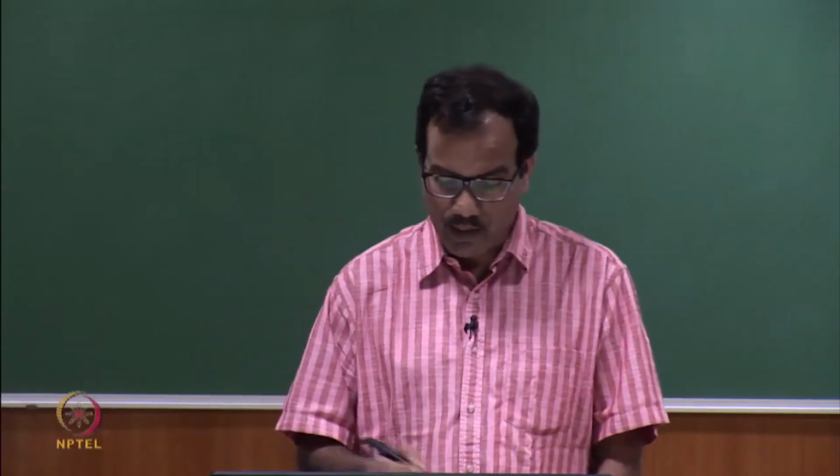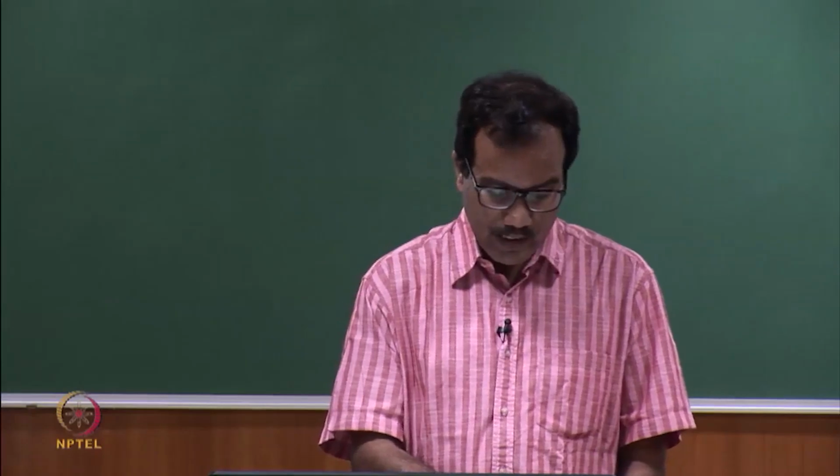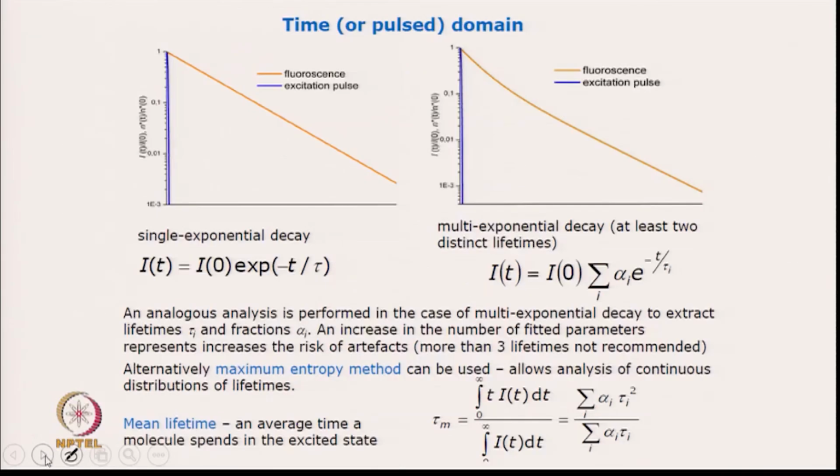Now you have this curve and you can just fit it and see what the lifetime is. So this is the time domain data, this is the excitation pulse, and this is your fluorescence decay. As I discussed with you, I(t) will be given by this equation: I(t) is equal to I naught times exponential of minus t divided by tau, if there is only one fluorophore,